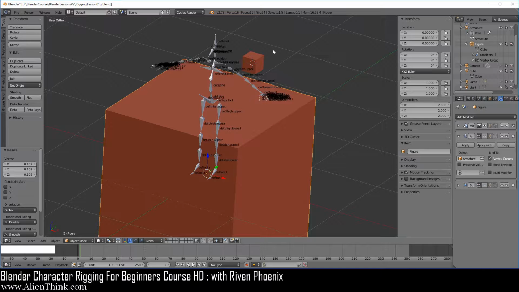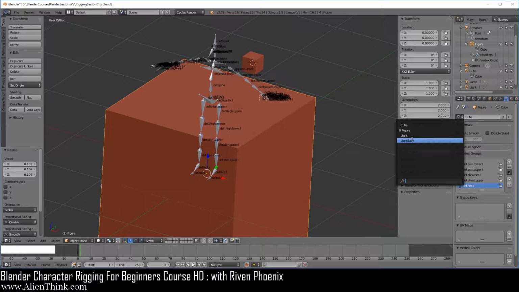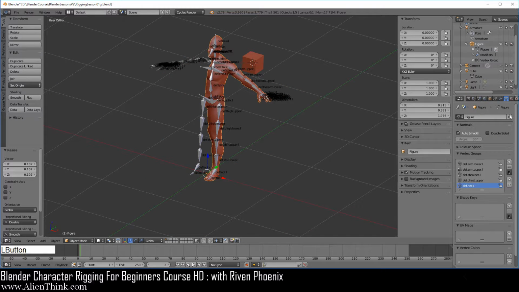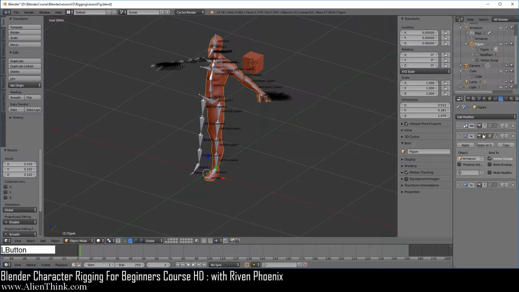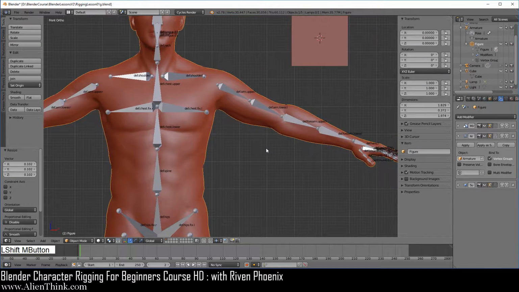So this is the concept of data blocks in Blender. As long as the data blocks are of the same type, you can switch between them or link between them. Right? Notice that over here, it's only going to let you link between data blocks of the same type. Go ahead and switch back to the figure, click over here, now turn everything back on. Okay? So that's the second concept I want you to understand.